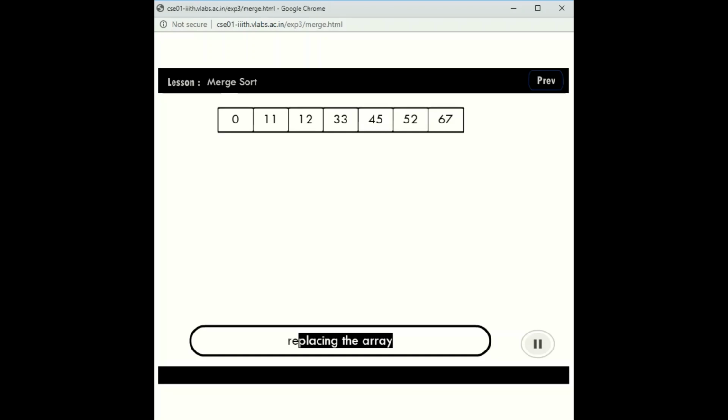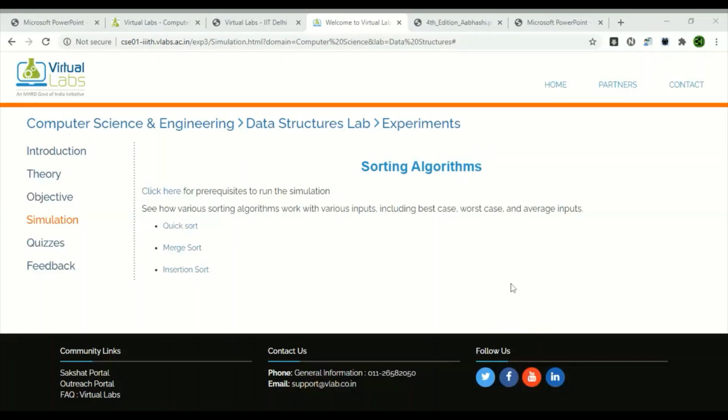So this is how we are going to perform a simple experiment using virtual labs. These simulation-based virtual labs are a great initiative provided by the government of India. These virtual labs provided by VLab are not fixed. Now this VLab is in its fourth edition.